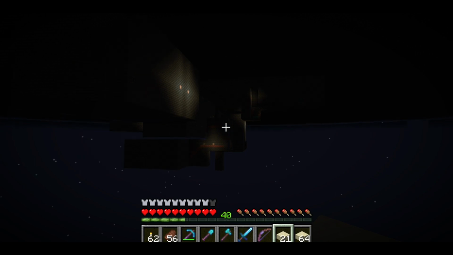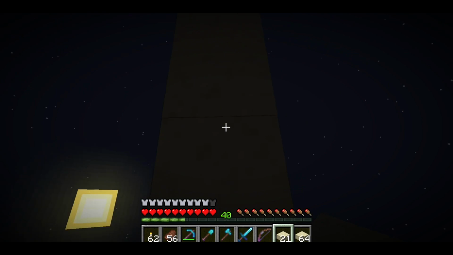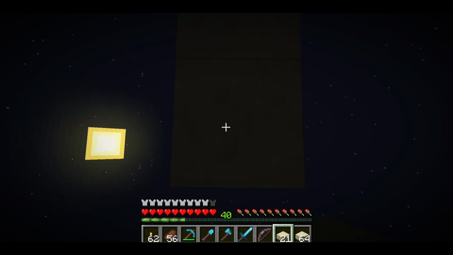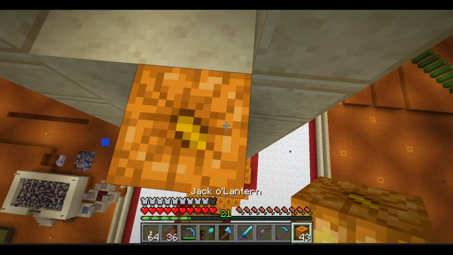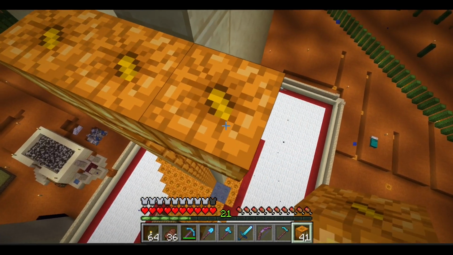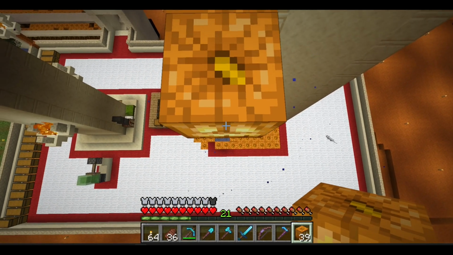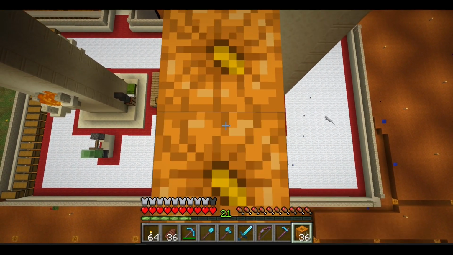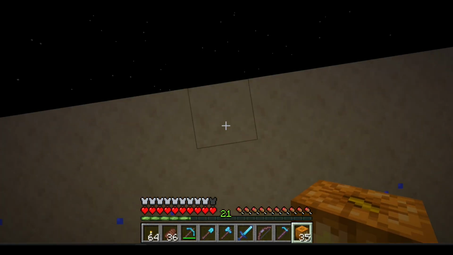I'm a little concerned if I get too close, the skeletons will be able to shoot me off of my little plank here. So I might have to widen it out as I get closer just to be on the safe side. But yeah, back at base, I built a second mob farm, but one with portals inside,